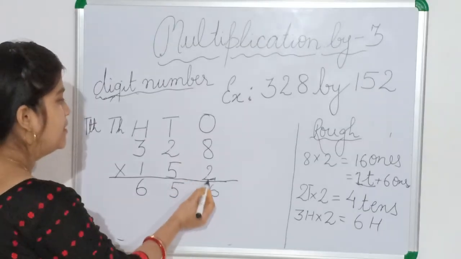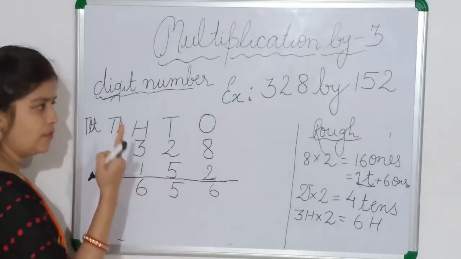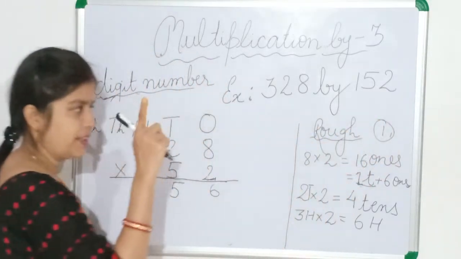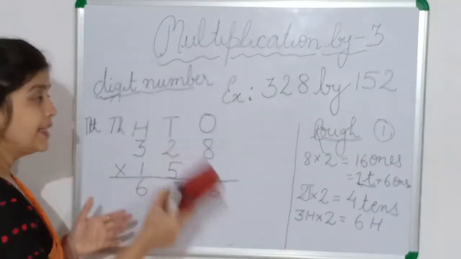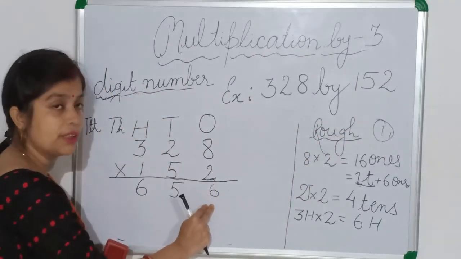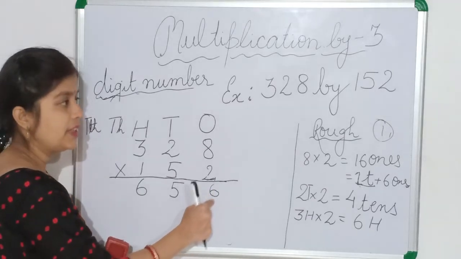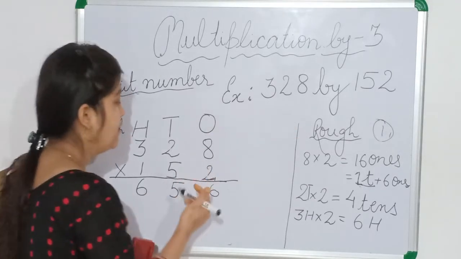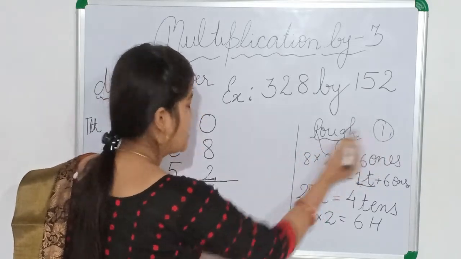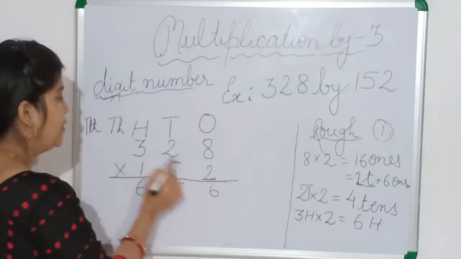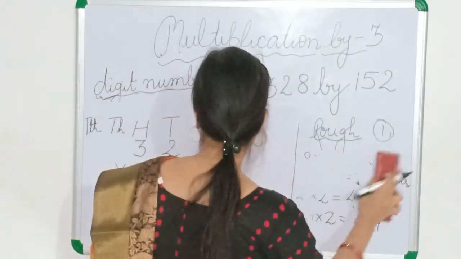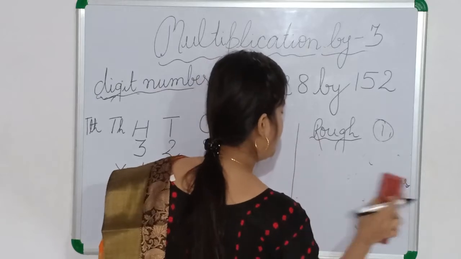So you can see here 8 twos are 16, 1 I will carry. Otherwise you remember like this, in the next step I have to carry 1, because 8 twos are 16, it is a 2-digit number. So 6 I have written here and 1 I have carried over there. So 2 fours, and what 1 I have carried, that I will add, 4 plus 1, that will be 5. Then 2 threes are 6.